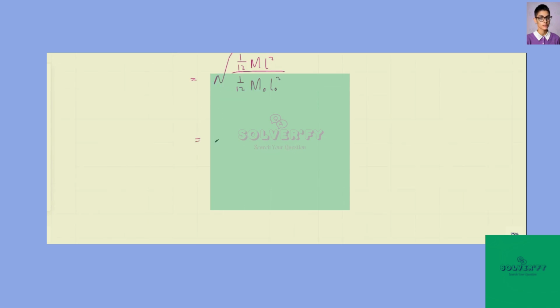And so if we put our values into this equation, this becomes the square root of 0.7 m naught times 0.7 L naught, since we sawed the meter rule to 70 centimeters, and that's squared, all divided by m naught L naught squared. So this ratio of periods is